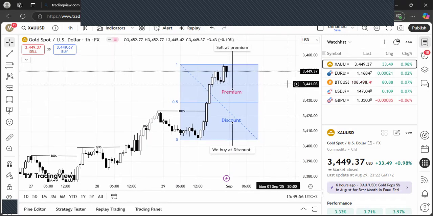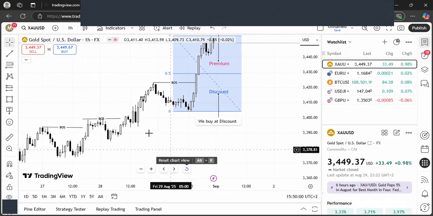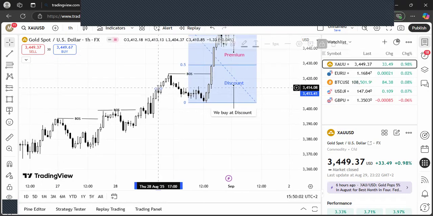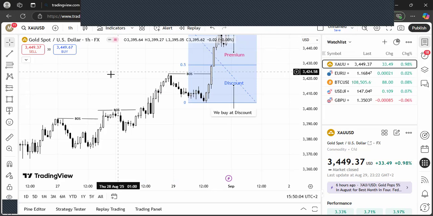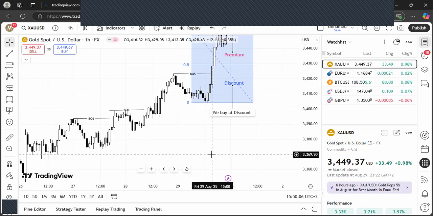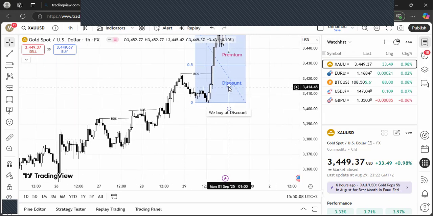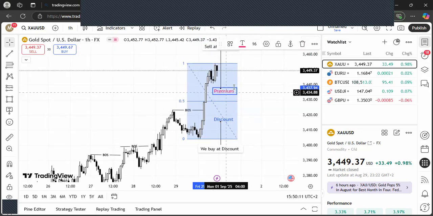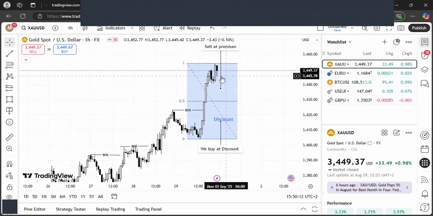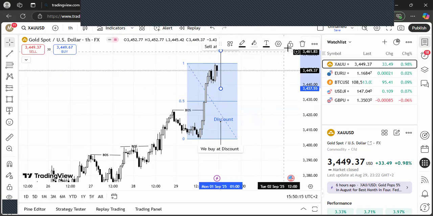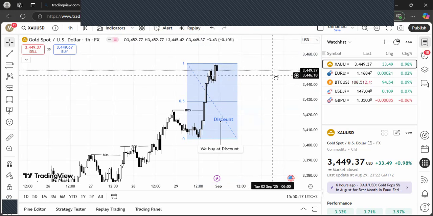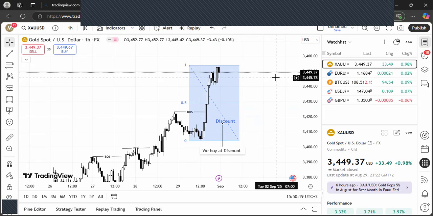Now we know that we buy at discount and sell at premium. But you don't just buy randomly or sell randomly. You have to know first where the trend is going. And in our case, it seems like we're still bullish at the moment, meaning what? We focus on discount. We forget about our premium right now, and then we focus on